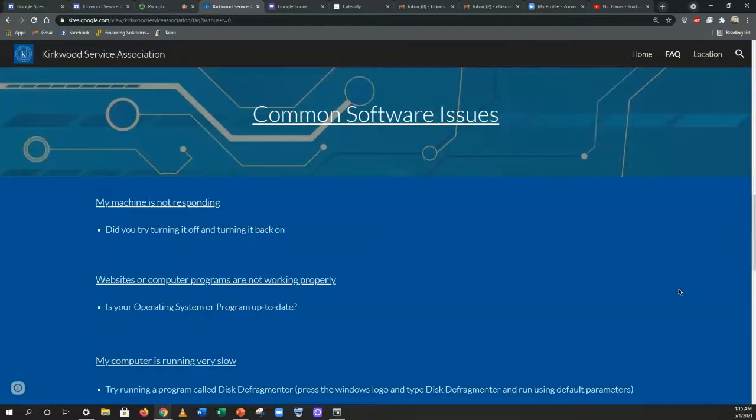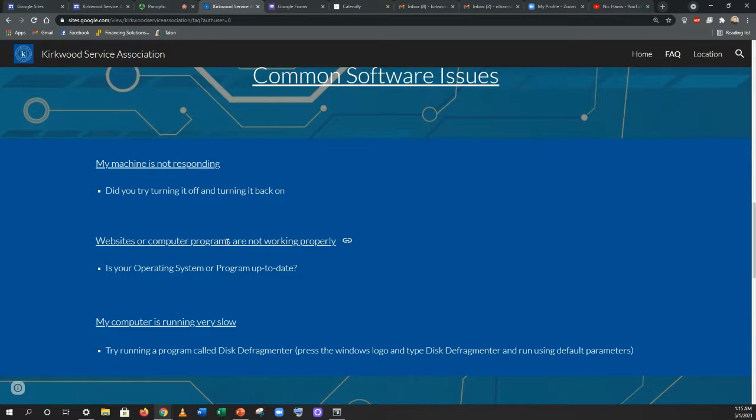And then we're looking at our software issues. My machine is not responding. Did you try turning it off and turning it back on? Sometimes that will certainly fix the issue. Websites or computers are not working properly. Is your operating system or program up to date? My computer is running very slow. You can try running a program called Disk Defragmenter. If you're running a Windows machine, just hit the Windows logo on your keyboard, type Disk Defragmenter, and run that